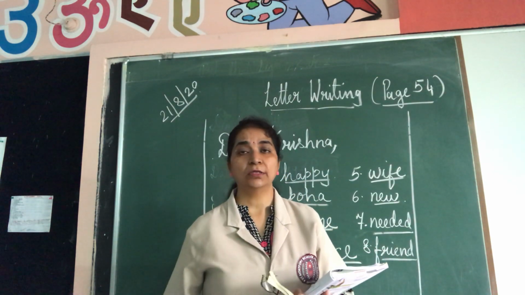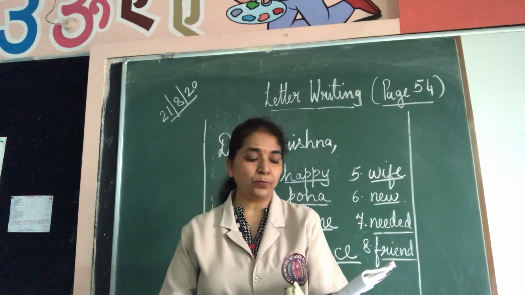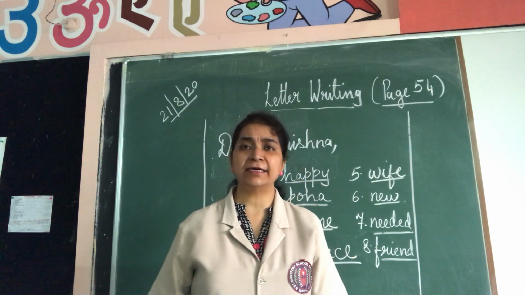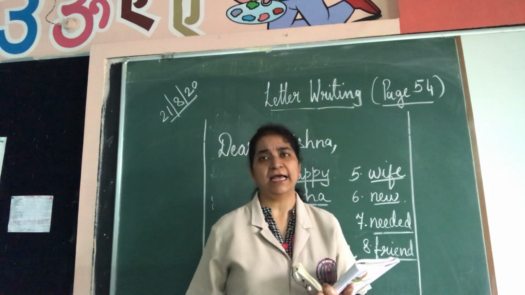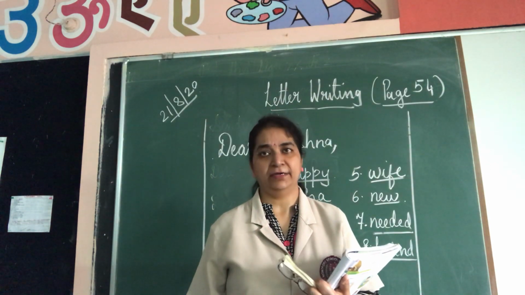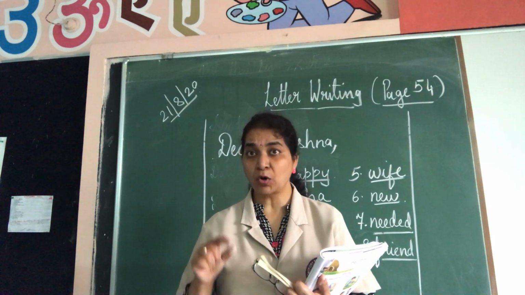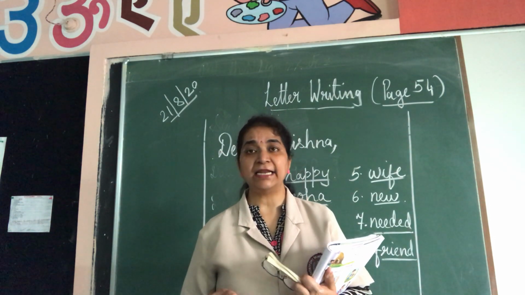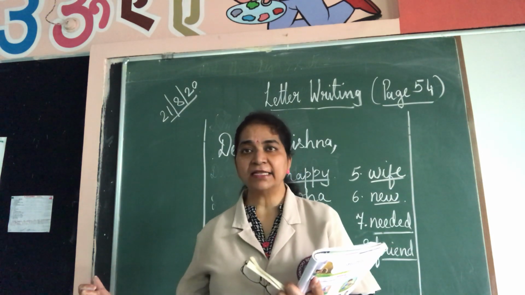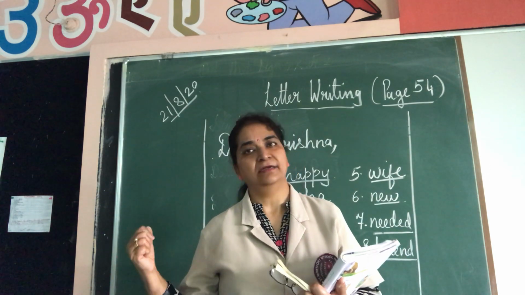So go through this letter, write this letter, complete this in your book, and after that you can write a letter to your friend with 2 lines. I will give you more examples of how to write the letter. Okay children? So practice writing, read the letter yourself, practice writing the letter, read this letter, see the words, understand the words, then only you fill the words and complete the letter.